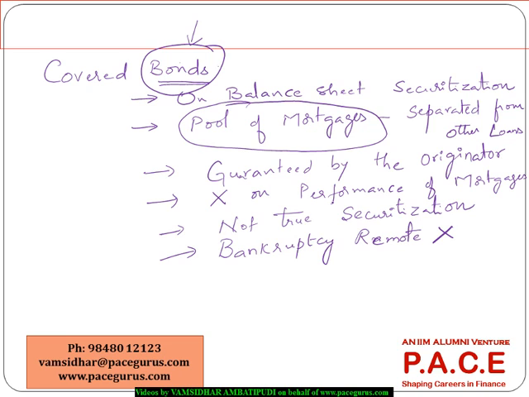So covered bonds have these kind of features, which is just a cover against a pool of mortgages, or probably a pool of mortgages acting as a cover for the bonds that are issued, and they are purely denoted on the balance sheet itself. Whereas on the other hand, we talk about another set of